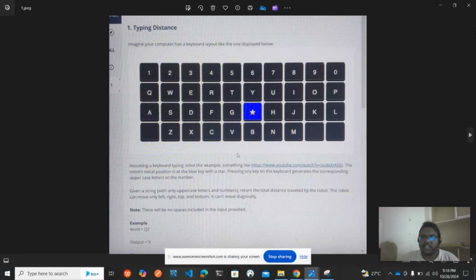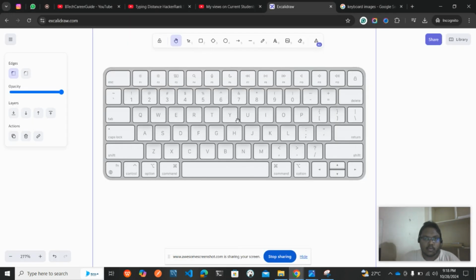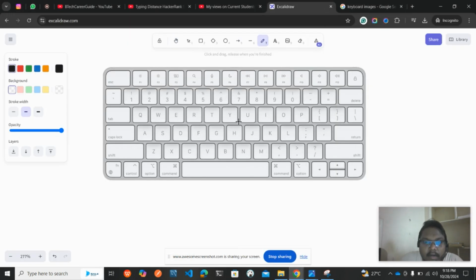In between G and H we have the star. So in between G and H, let us mark one star. So consider that dot as a star. Okay, nice. Consider that dot as a star. So the first string which they have given is